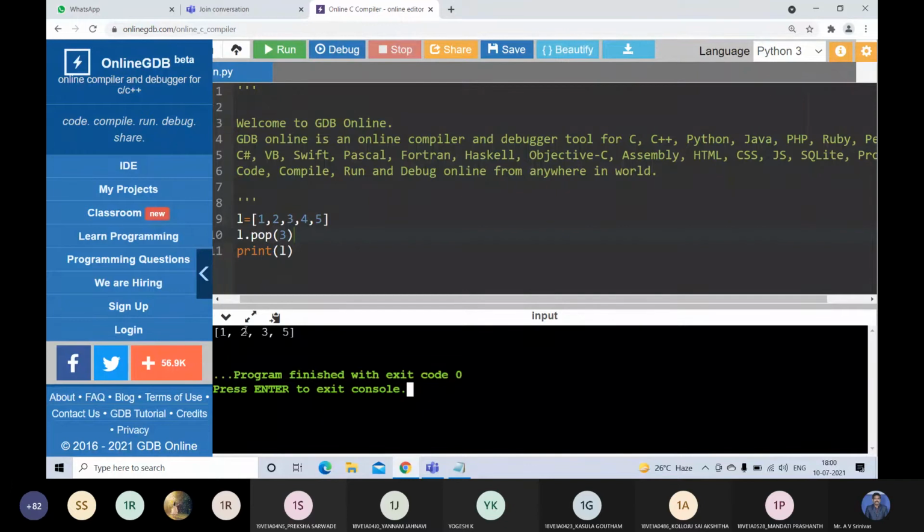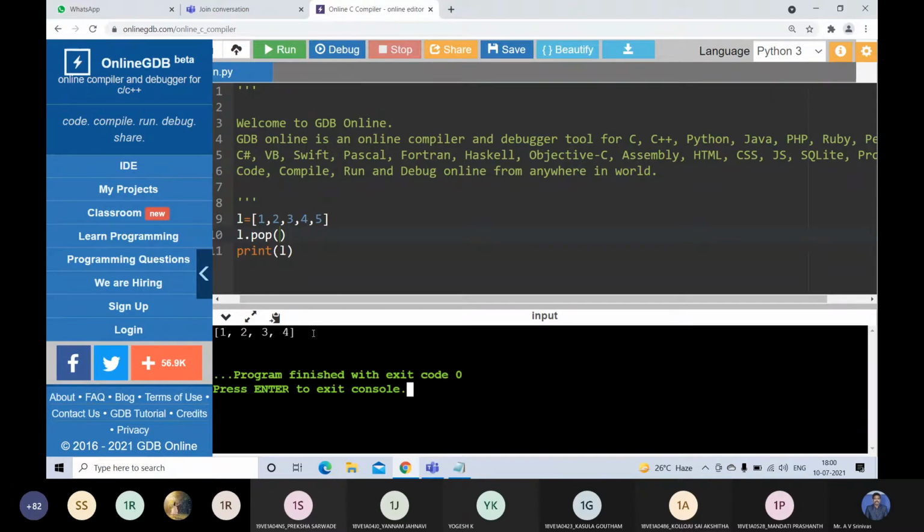Okay, and for this pop method, there is another possibility. If you are not passing the index value, you simply write pop with empty parentheses. If you are not passing any index value, then it removes the last element. So if I run this, 5 will be deleted. We'll get only 1, 2, 3, 4.